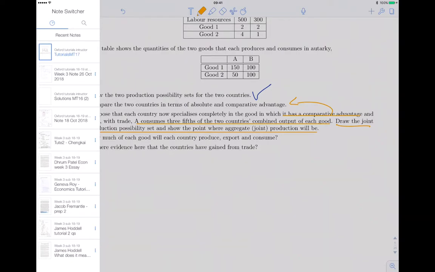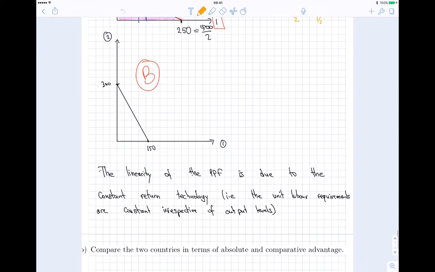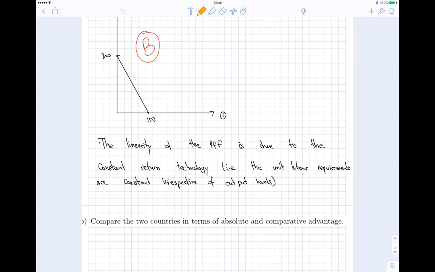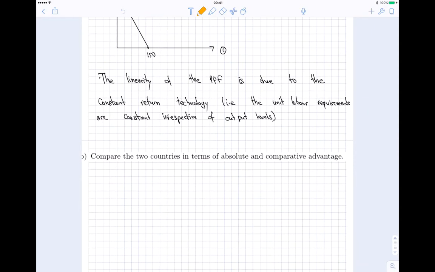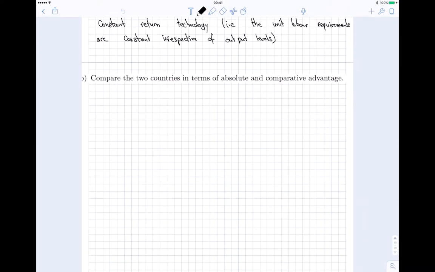How did you do that? You create a new axis, and then you combine the total amount of each good they could produce in each one if they're entirely specialised. So if they're entirely specialised in good one,